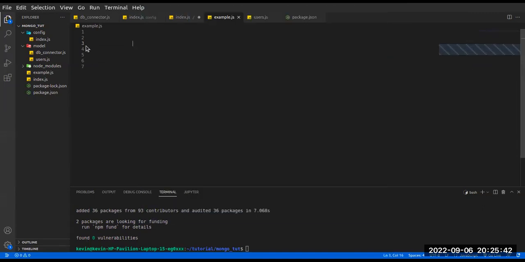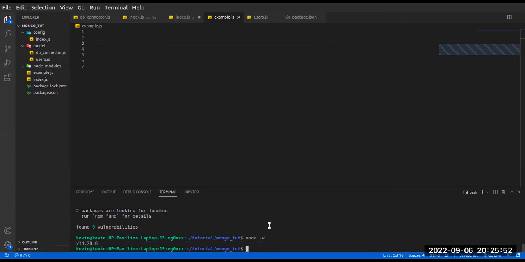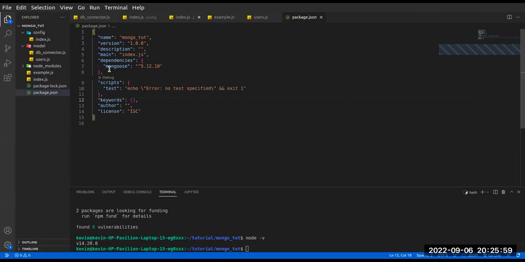All right. So I will tell you everything I'm going to be using. Let me first talk about the versions of the things I'm using. First of all, I will show you my Node version. I'm using Node version 14.20. I will also show you my package.json file. I'm going to be using Mongoose 5.12.10. There's a later version, and I will tell you the changes between version 5 and version 6. That is the current version, but I'm going to be using 5.12 because I believe